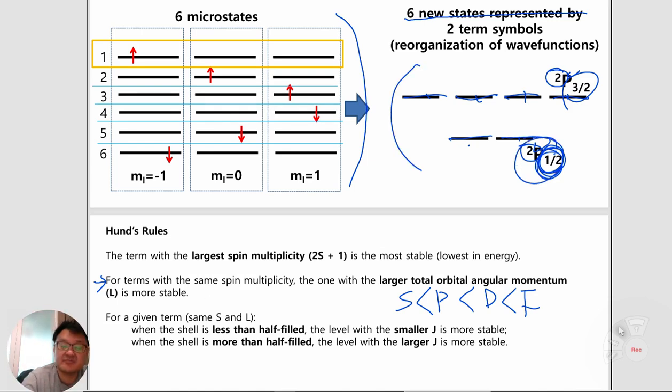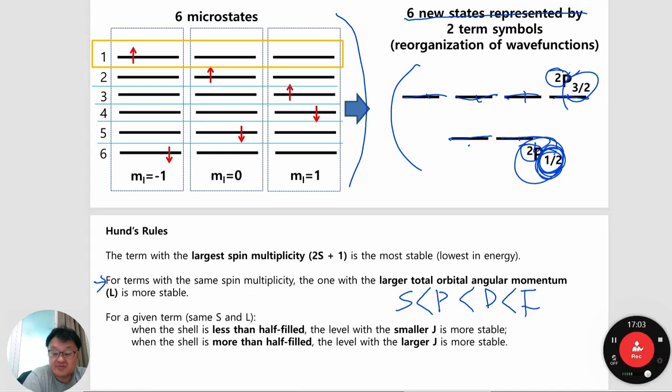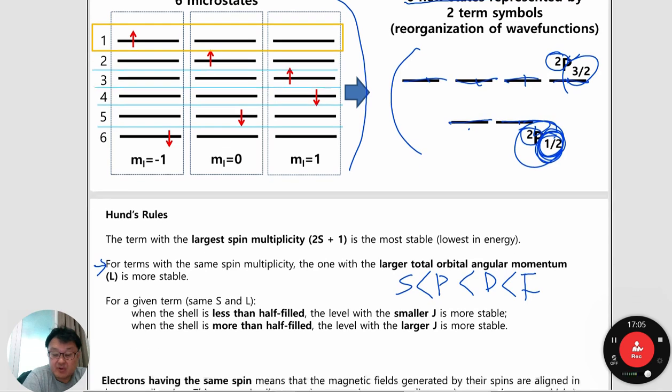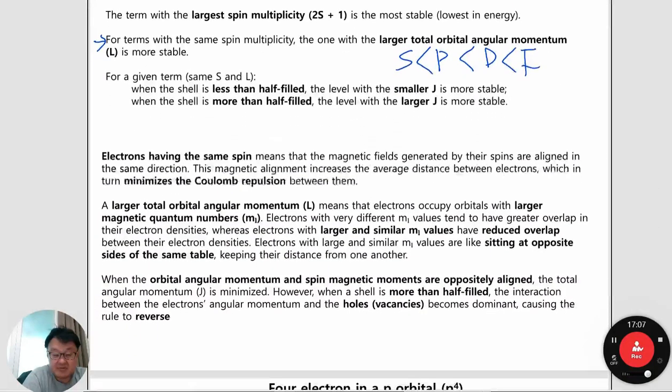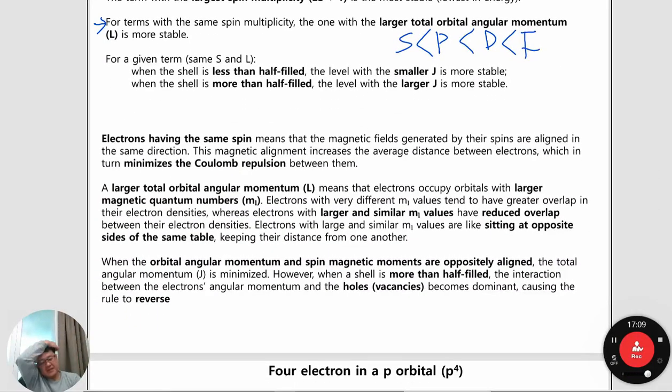So this is the reason why I drew the energetic diagram like this. But when the shell is more than half filled, the level with the larger J becomes more stable. Okay, so this is what you're going to see with 4 electrons in p orbitals. So there are some